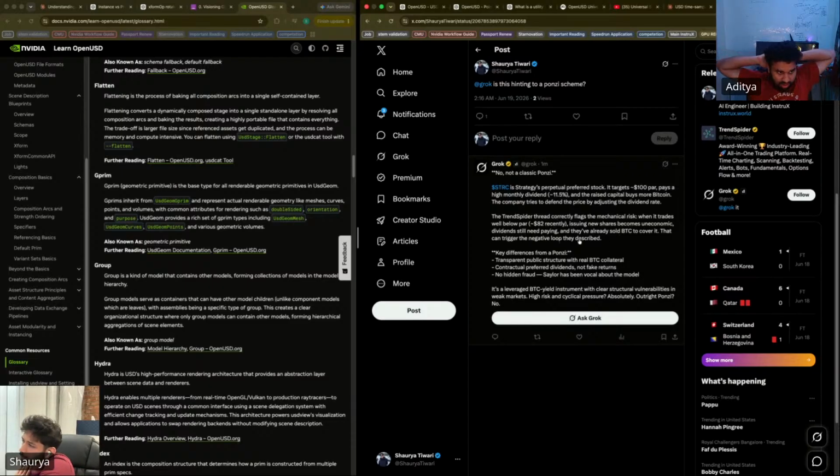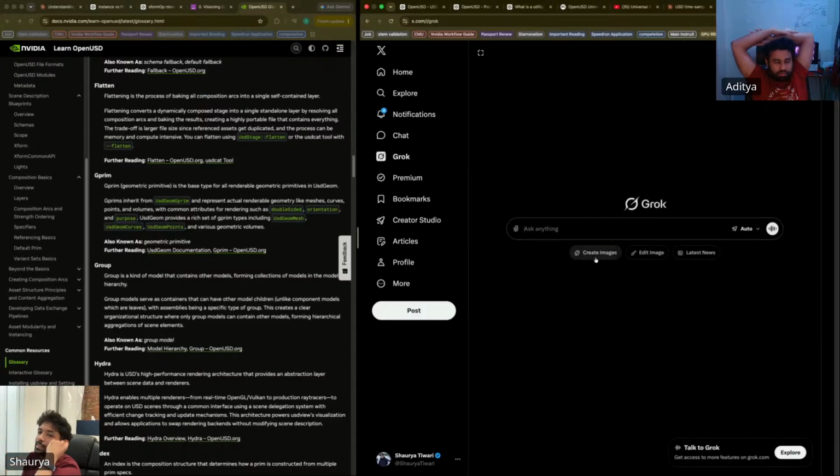Dividends still need paying, and they've already sold Bitcoin to cover it. That can trigger the negative loop they described. Key difference from a Ponzi: transparent public structure with real Bitcoin collateral, contractual preferred dividends, not fake returns, no hidden fraud. Saylor has been vocal about the model. It's a leveraged Bitcoin yield instrument with clear structural vulnerabilities in weak markets, high risk, and cyclical pressure. Absolutely outright Ponzi, no. It's saying no.